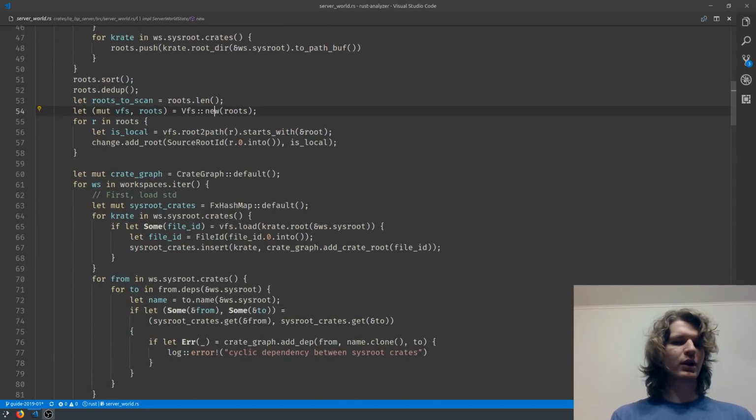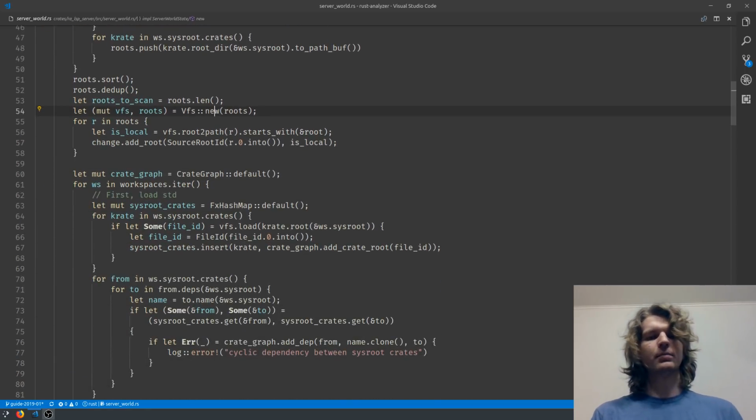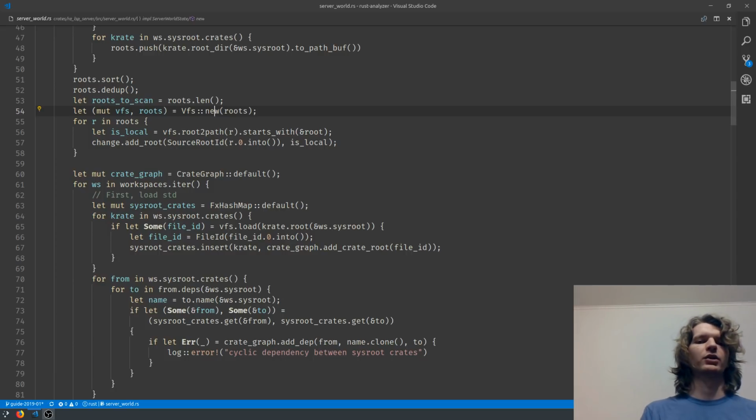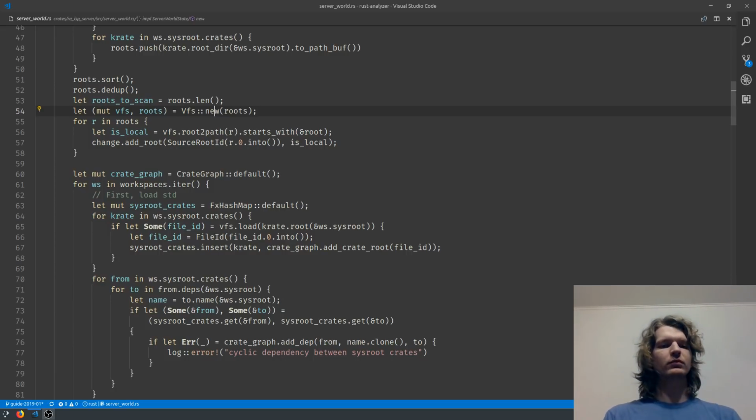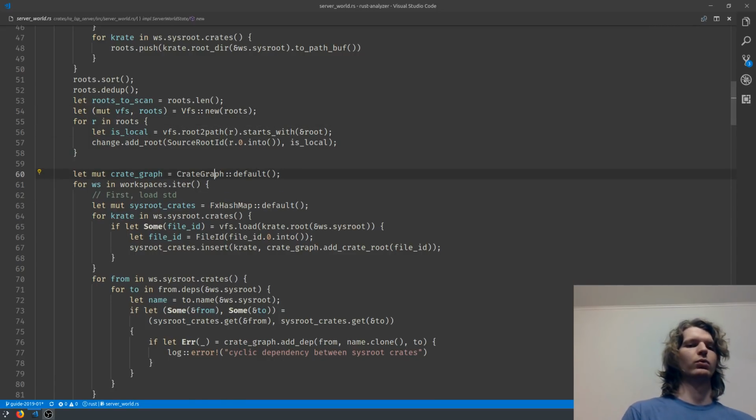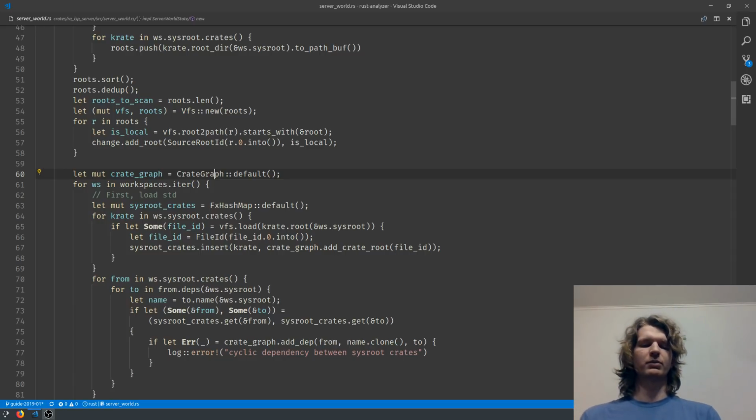The results of this file system scanning will be handled as other modifications in the main loop. Okay, after we've dealt with sysroots, which basically gives us that file ID to relative path to source text mapping,